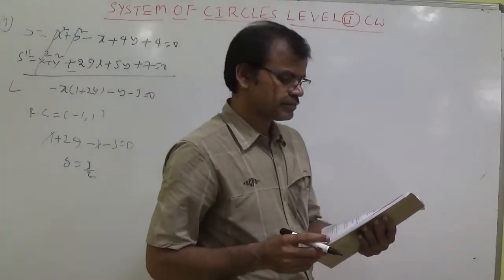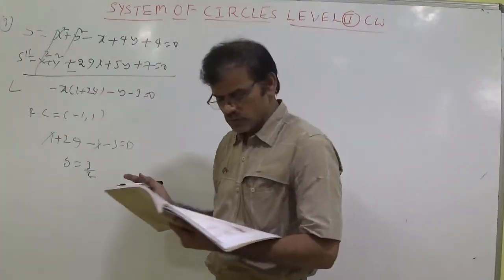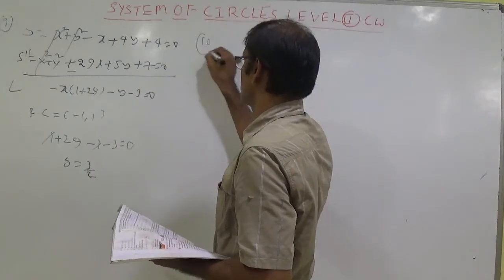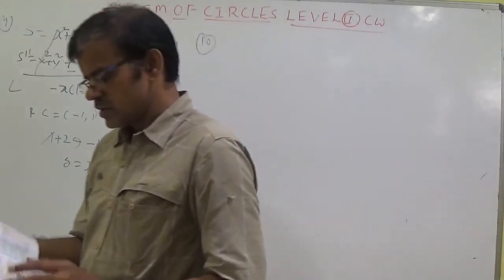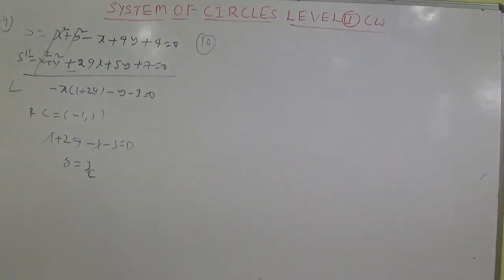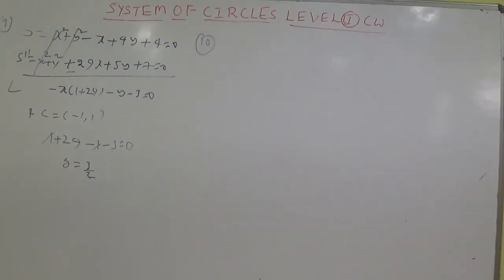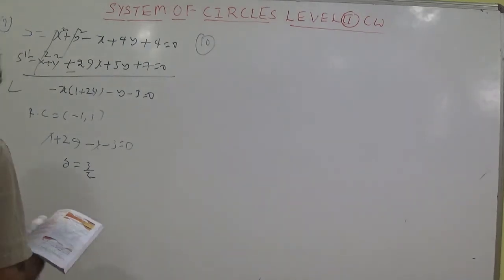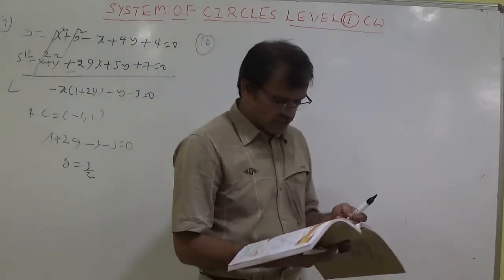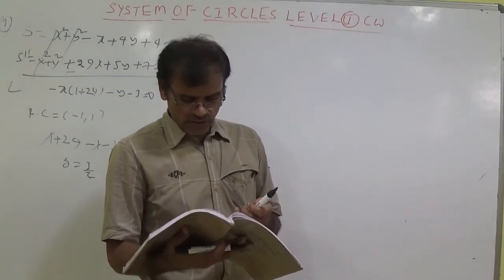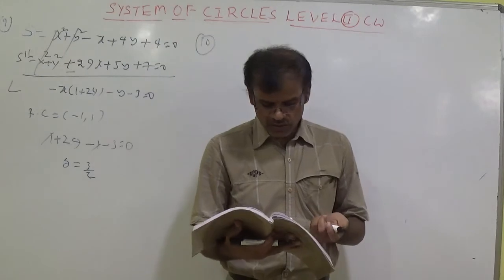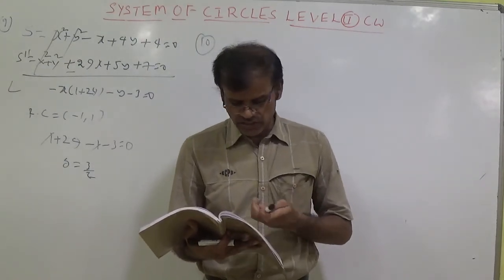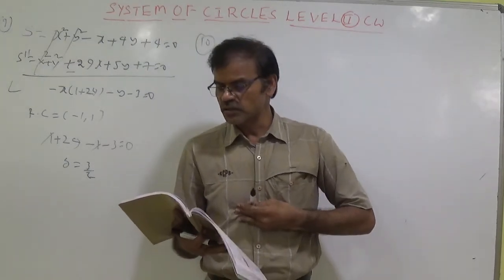Fourth option. Now 10th question. While teaching IPE, I said that this is important. Some students may ask only for the constant, like minus 50 by 13. The question will be asked in a way that only the constant is needed. I said that C is minus 50 by 13.